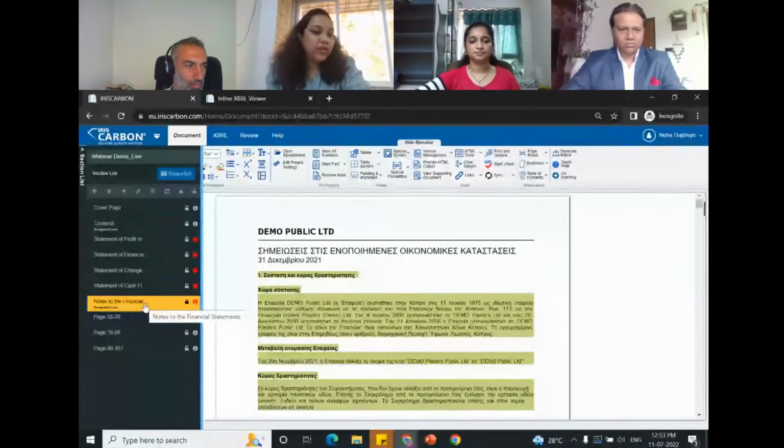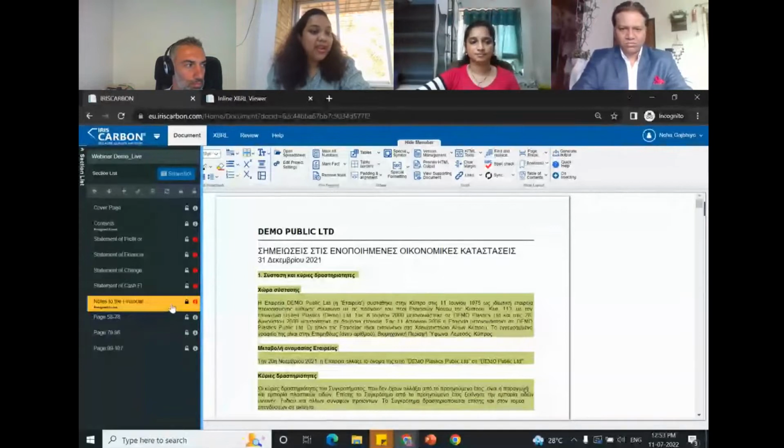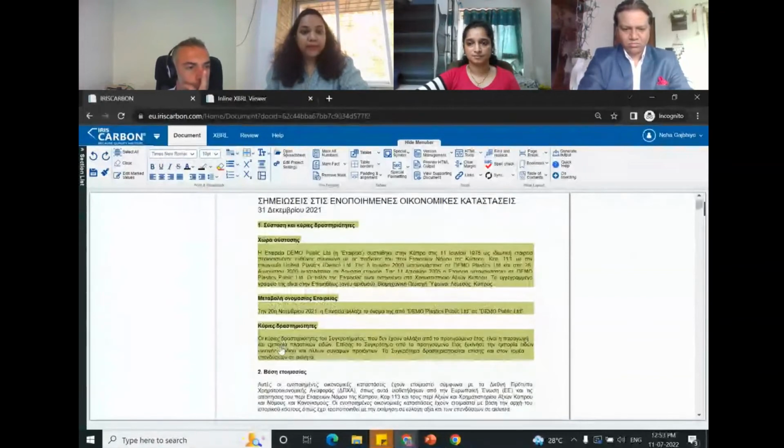My colleague can go ahead and tag further sections. This makes the platform collaborative and multi-user. Before starting tagging, I have to lock the section. Right now you can see that this section is locked, as it says it is assigned to me. So now I'm ready for the block tagging.